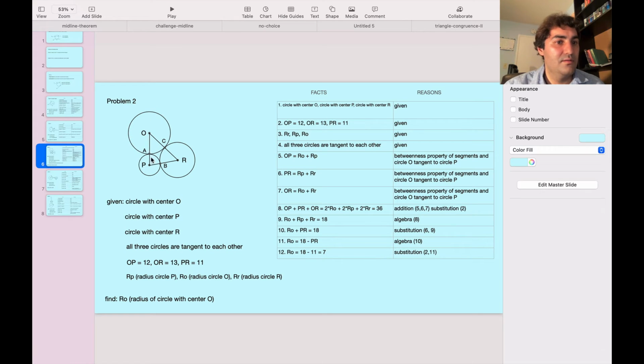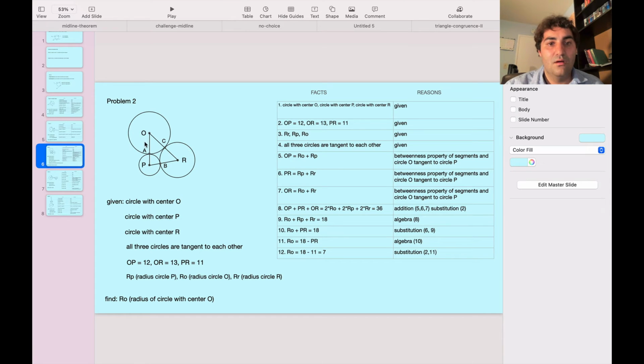Because A is a point on the circle, and O is the center of the circle, this segment is a radius, right? And segment AP is also a radius, right? Because it connects point A on the circle to point P, which is the center of the other circle. So I'm going to use the betweenness property of segments and the fact that we have this tangent property